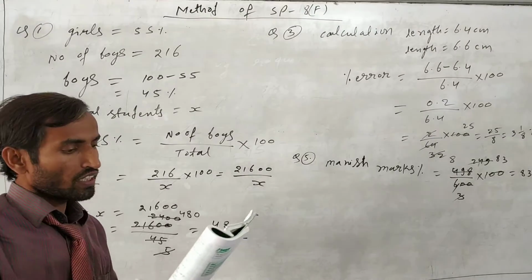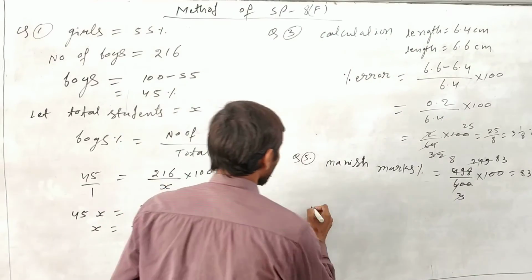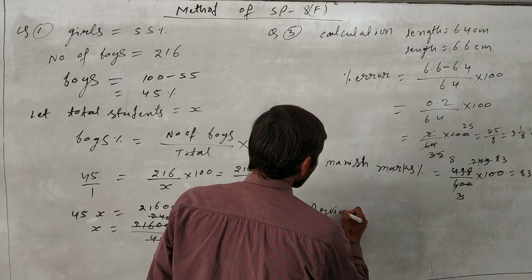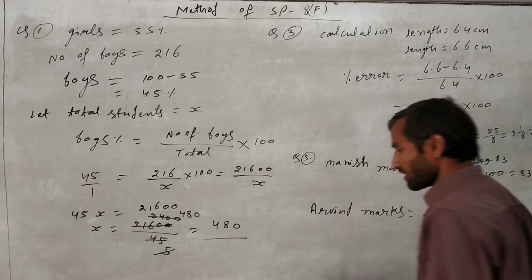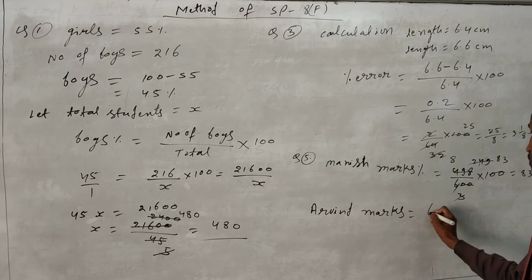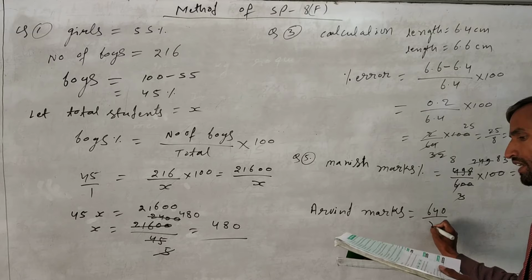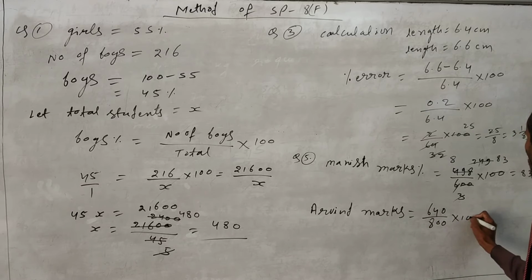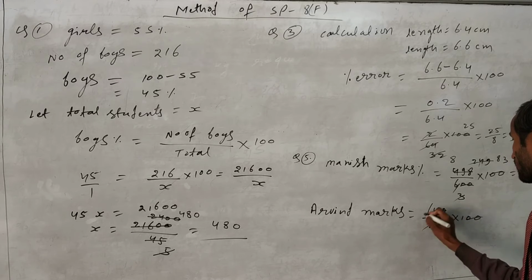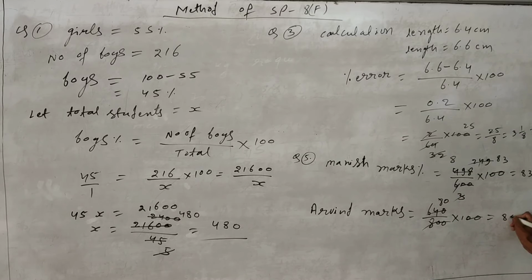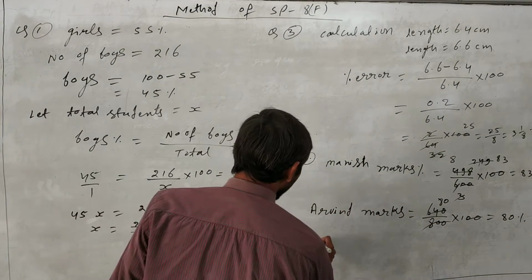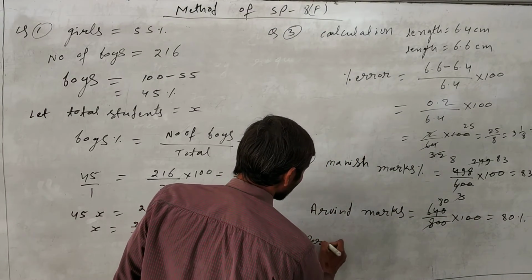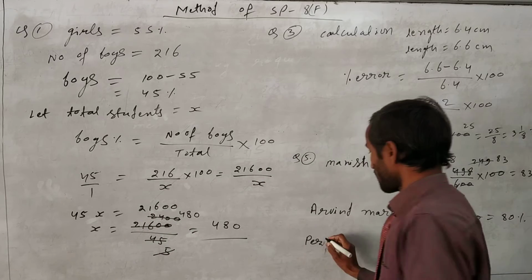Now we have to find the percentage marks of Arvind. So Arvind's percentage marks is equal to how much? Like this, we have to find how much he obtained. He obtained 640 out of 800. So multiply by 100. So 2 zeros will cancel. Now we can cancel out, 80 marks, 80%. So just see here whose percentage is better? Manish's percentage is better. So Manish's performance is better. So just write down, performance of Manish is better.